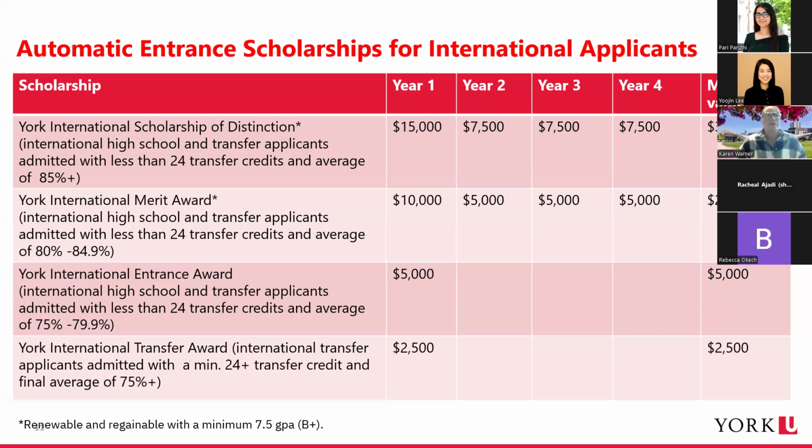You must have satisfied all of your admission conditions. So if you have any outstanding admission conditions, that will prevent the scholarship from being applied to your account. So if you have any final transcripts, etc., that we're expecting, we need you to get those in. And lastly, you must be a full-time student. So again, we'll be looking for that minimum 9 credit enrollment for the winter term before the scholarship will be